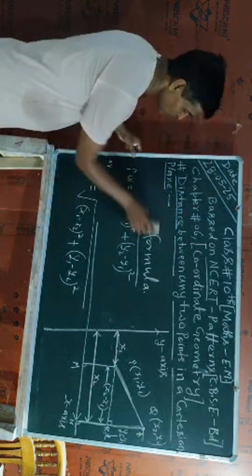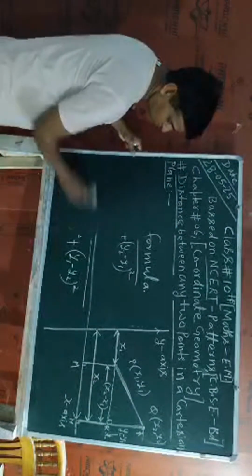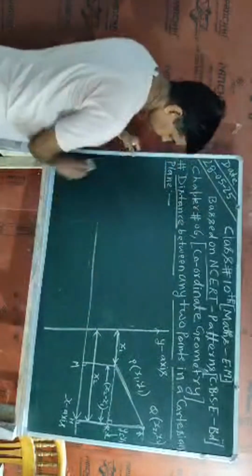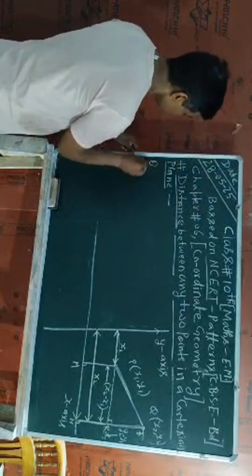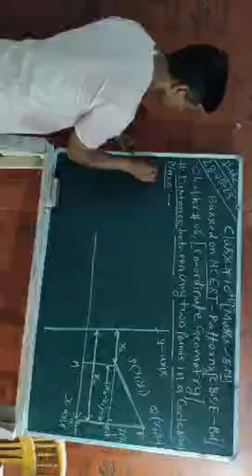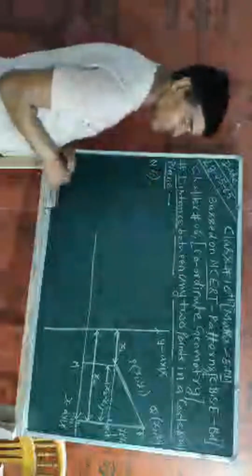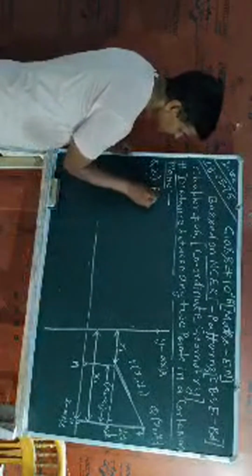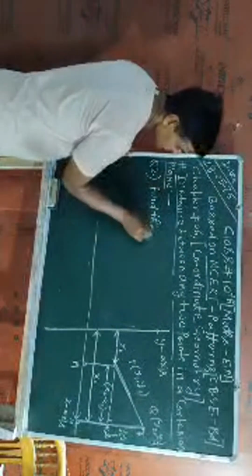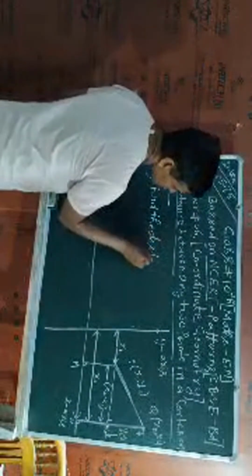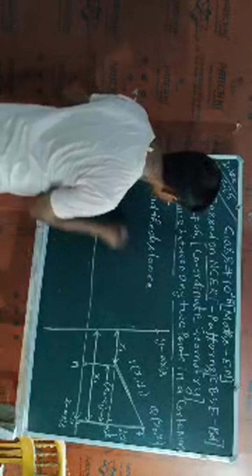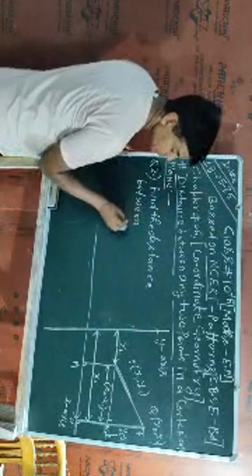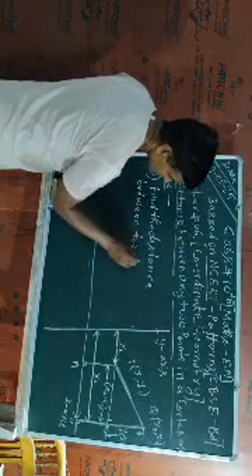Now I am going to write one question and that question I will solve. And the student has to listen to it properly. Now here I am going to write question number 2, because question number 1 I have already explained before. This time, question number 2, I am going to write: find the distance between 2 points